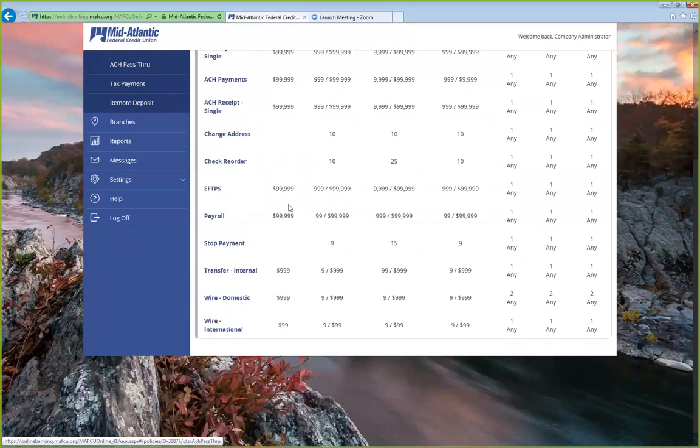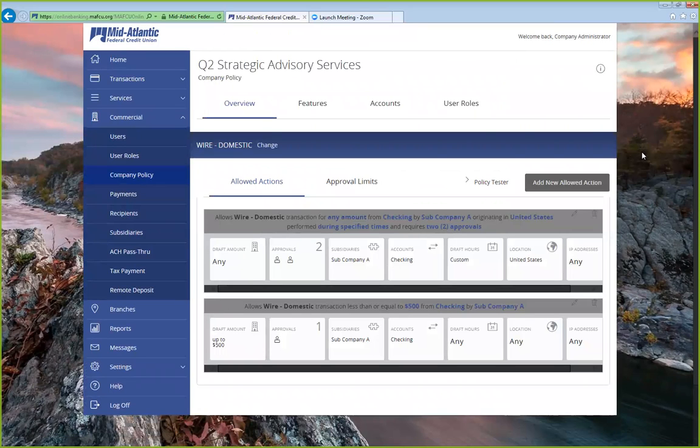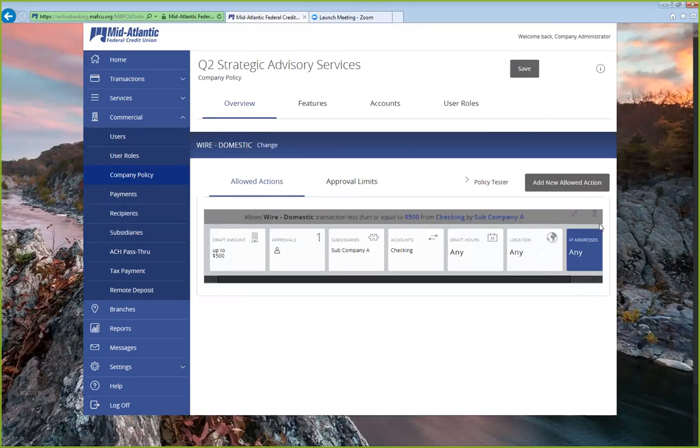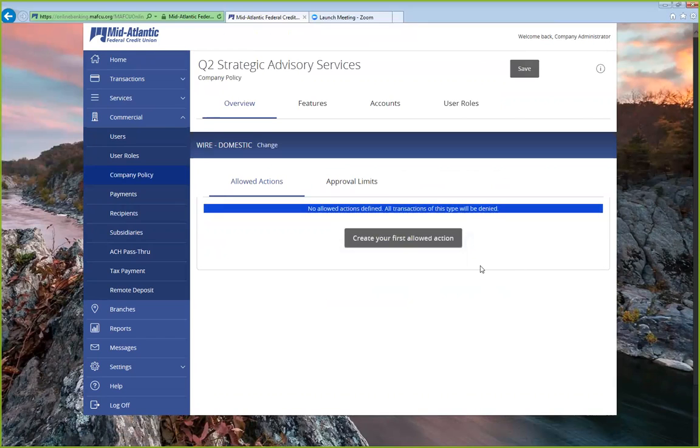And then I could take these controls, and let's say I'm going to come down to the domestic wire area, and I'm going to eliminate those additional transaction limits. So right now, there are no limits beyond what somebody has placed on my company. My company has a wire domestic limit, but I, as the owner of the company, want to constrain that just a little bit more because we're sending wires out in